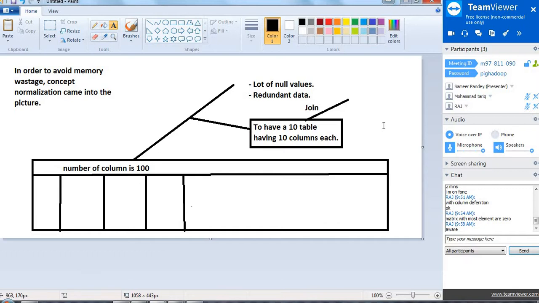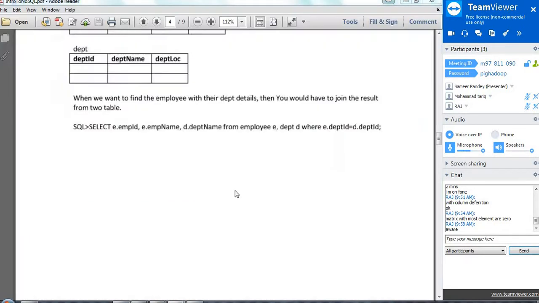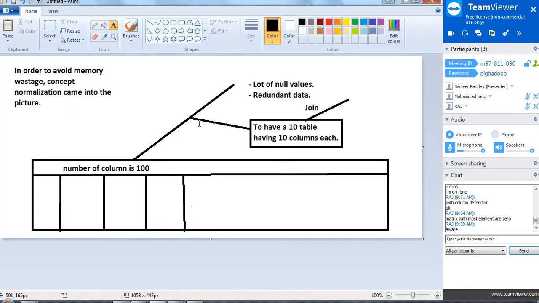But things have changed here. We really don't bother about memory wastage. If there is memory wastage, let it be. If a few fields are null, that is fine. If there is some redundant data, that is fine. What will it take? Hardly 1 GB, 2 GB, 5 GB. That is fine. We are talking petabytes, zettabytes, yottabytes these days. We are not in the 1.44 MB era. So it just avoided the concept of normalization itself.